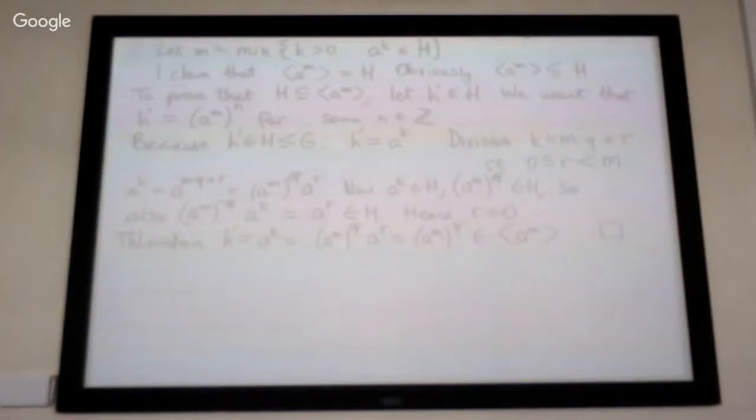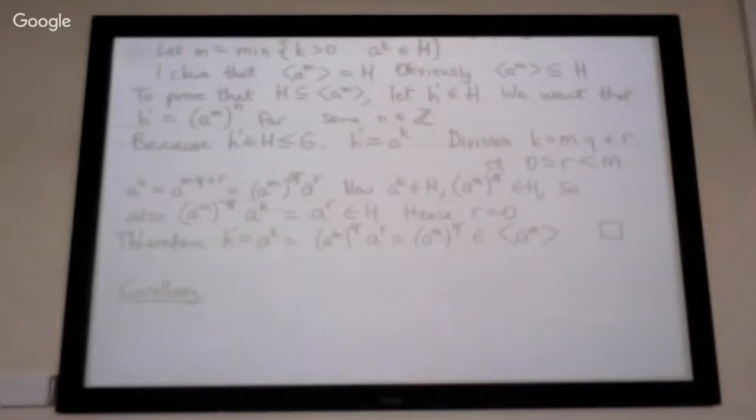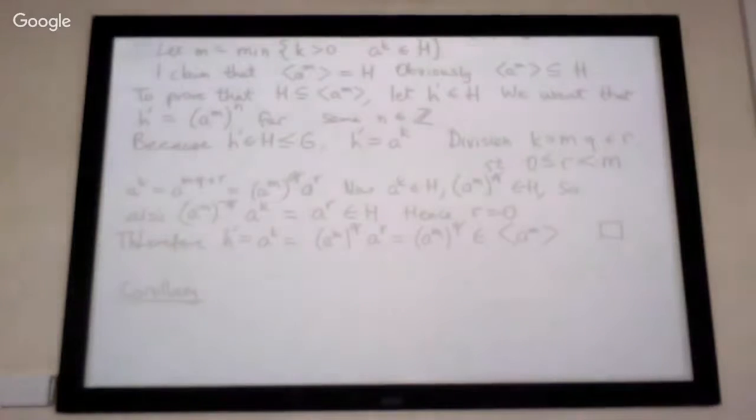And there's a corollary. Which says that all the subgroups are exactly